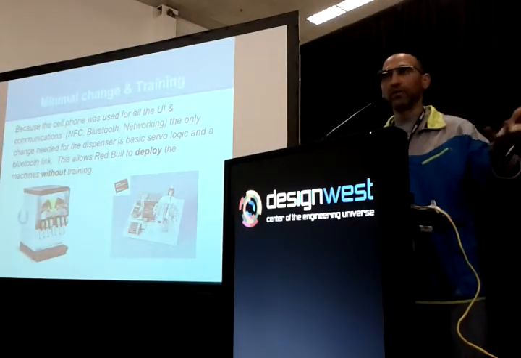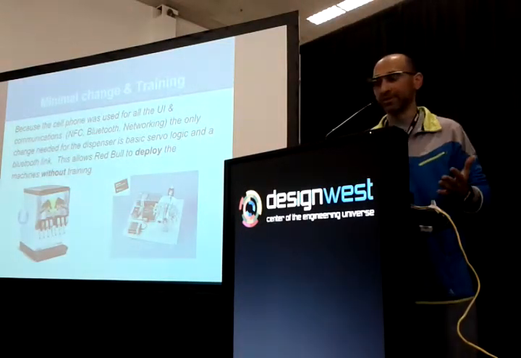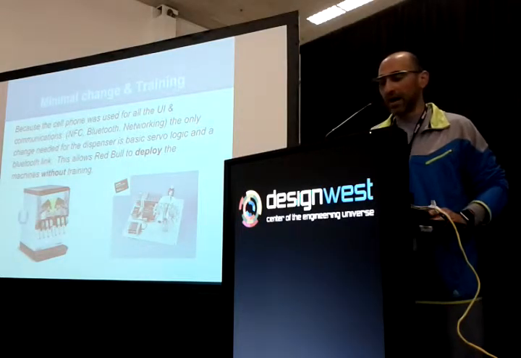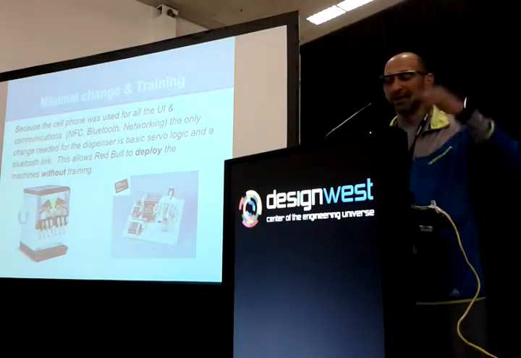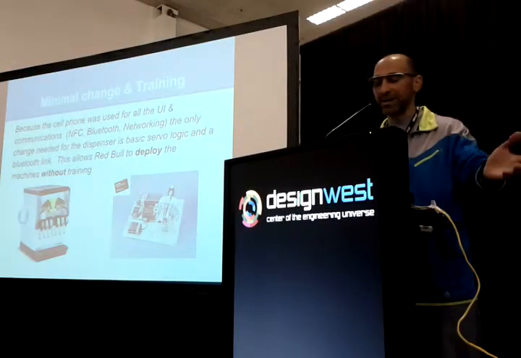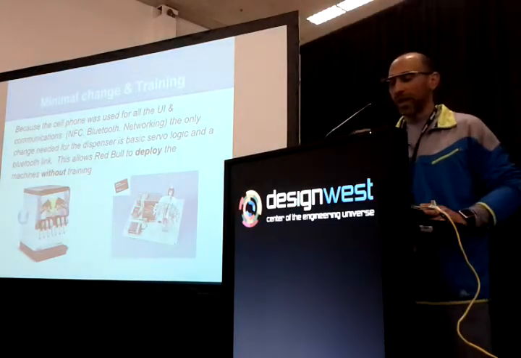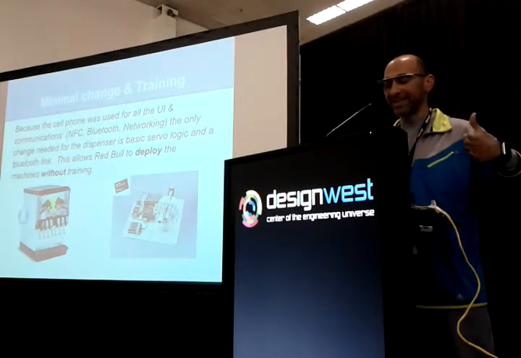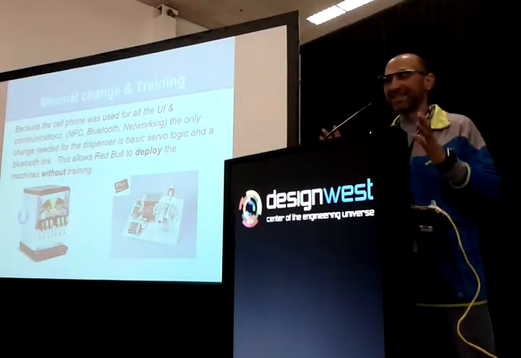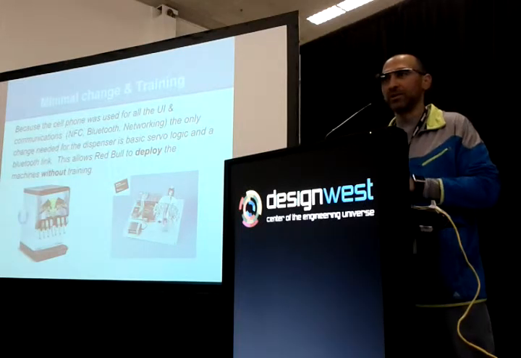Now, you look at what I built, right? I basically took a normal dispenser. I put a little nozzle on it that controls how I'm mixing, a little more caffeine, a little bit more sugar, a little less sugar. And the beautiful thing about this is, because the UI, the communication, all of the internals, all the complexity is on my cell phone, that thing is extremely cheap to build.